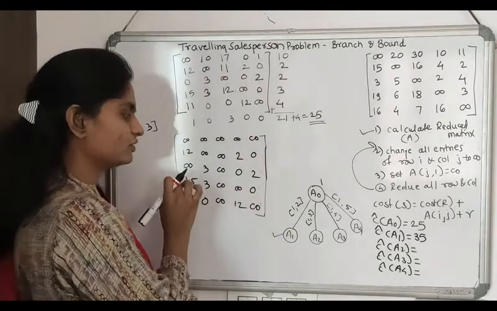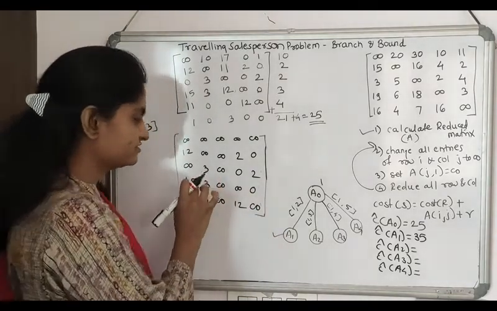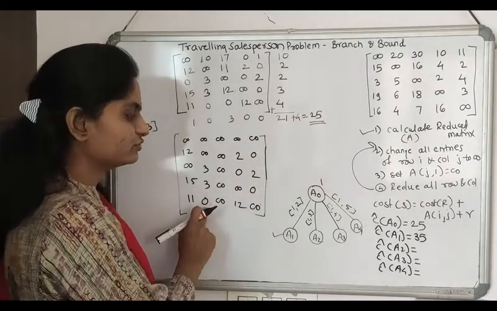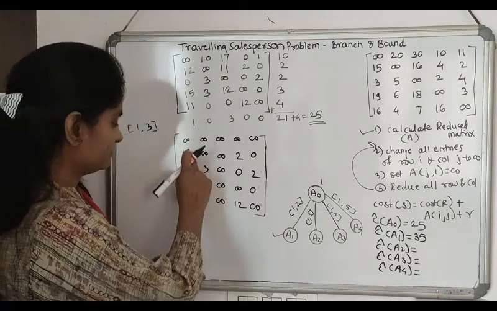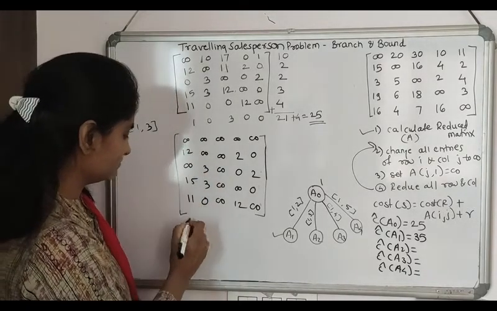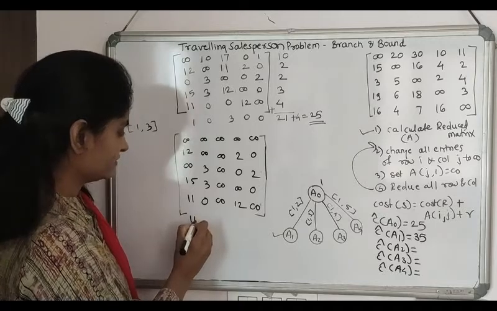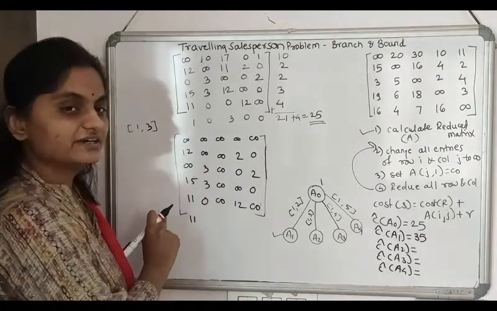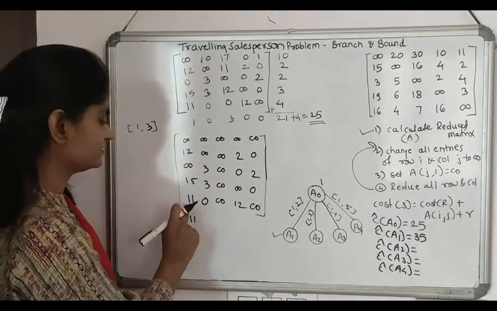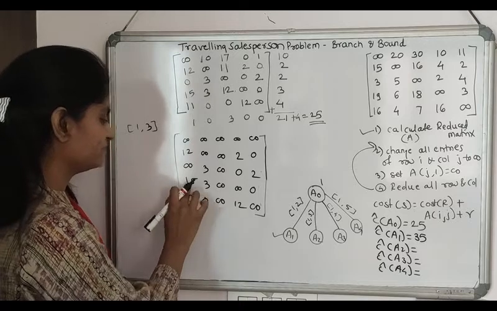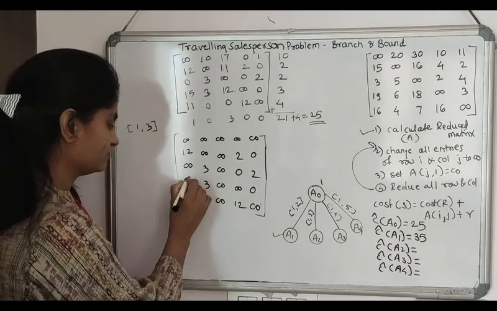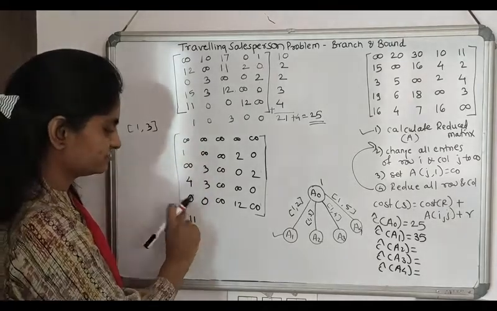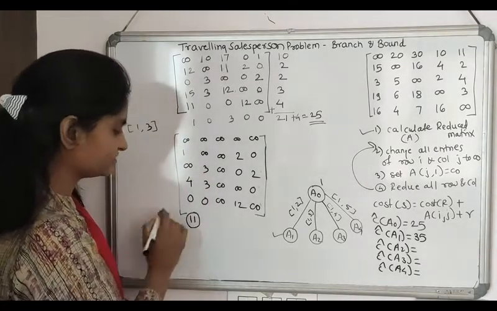Then check that each row and column contains 0. This row contains 0, here is 0, here is 0. There is no need to apply row reduction. Then for the columns, here there is no 0, therefore the minimum value is 11. Here is 0, okay, no problem. Then 0, 0. After this we apply column reduction: 11 minus 11 is 0, 15 minus 11 is 4, and 12 minus 11 is 1. Here is 0. This is the column reduction.